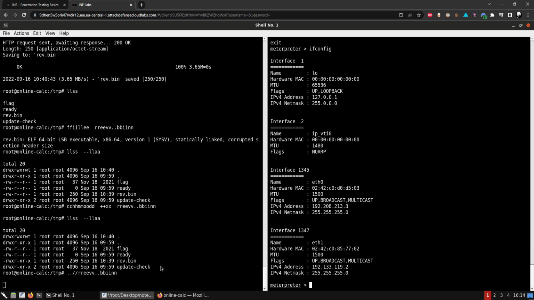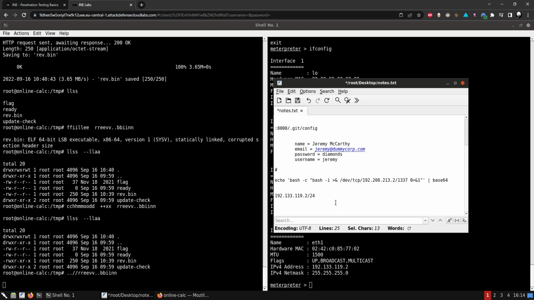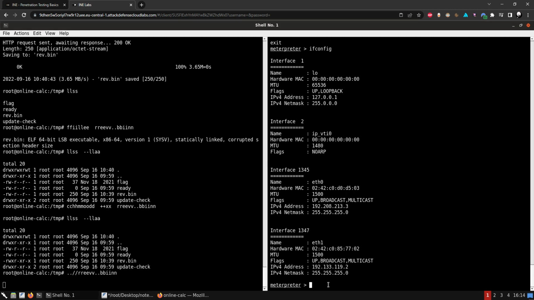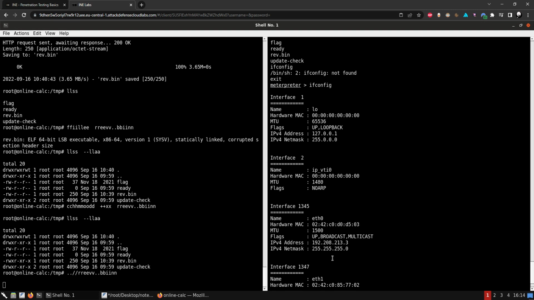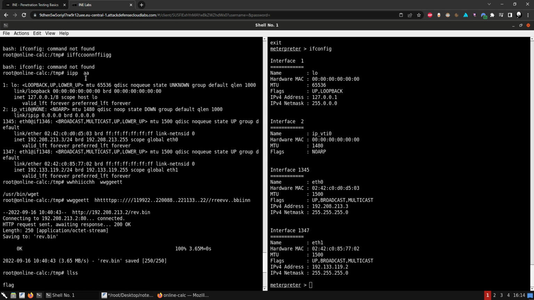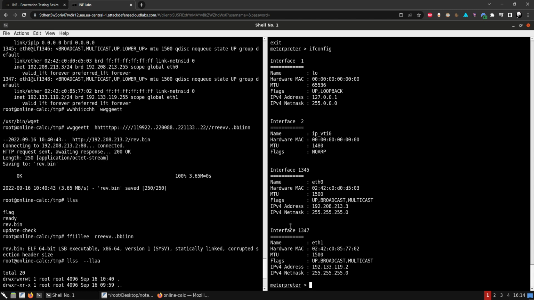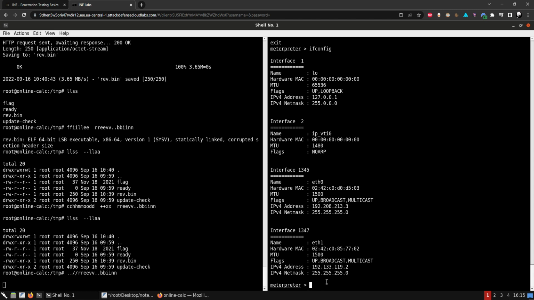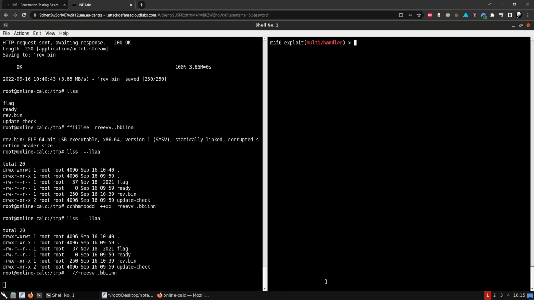Yeah, we did get this new network in the notes. It's just much better to look at this for me than to look at this. It feels like there's so much more information here for no reason. Okay, so let's background this session, and we need to pivot to the other network. In order to do that, we need to, let's try, for example,